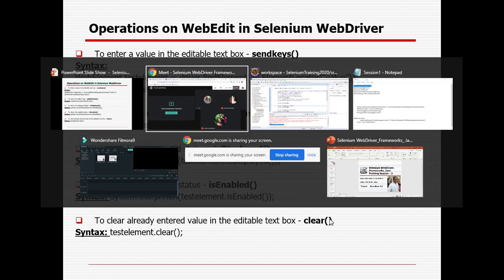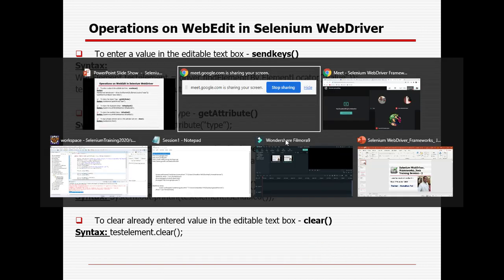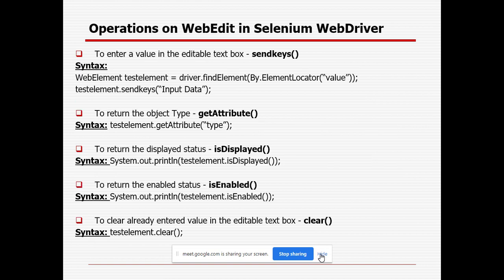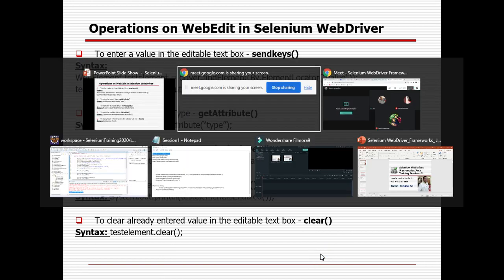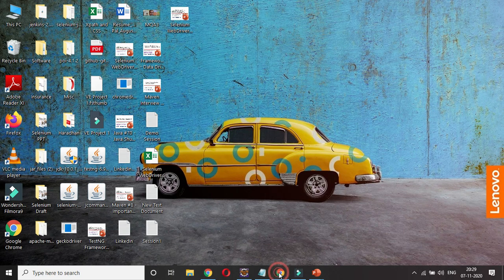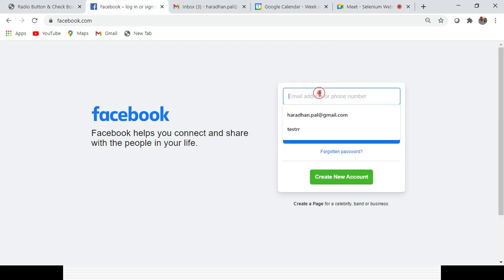So here, if I open the Facebook page, right, you can see this is the editable text box.